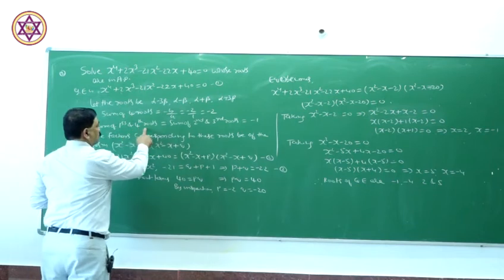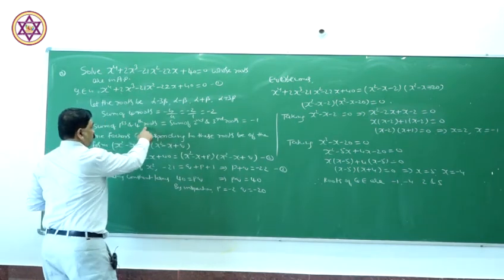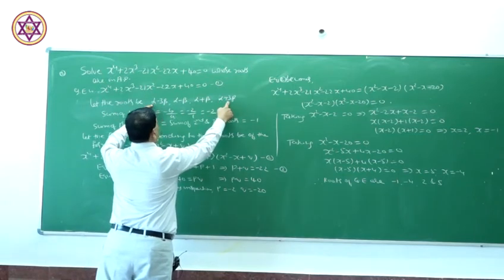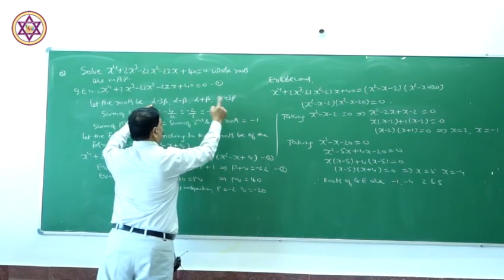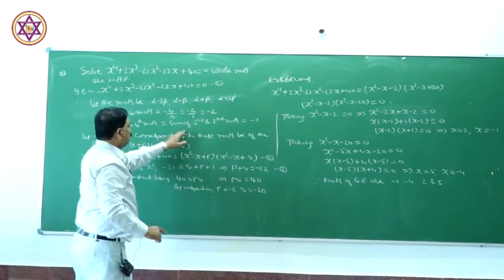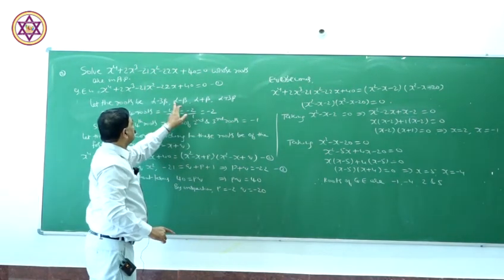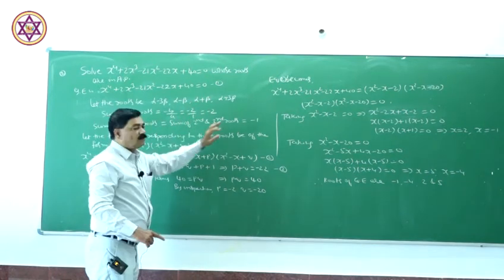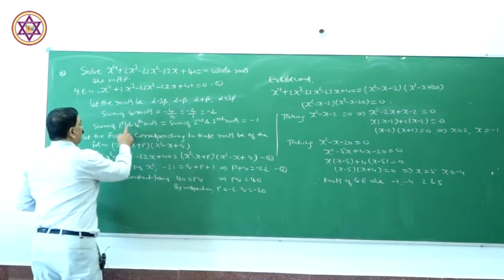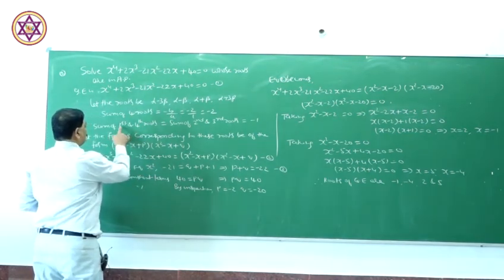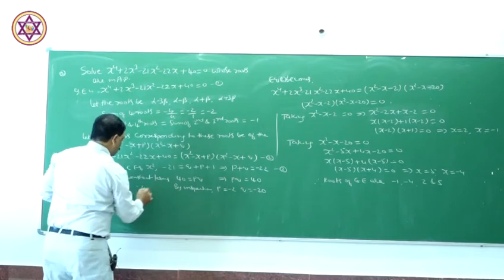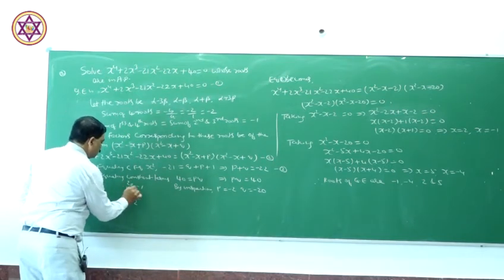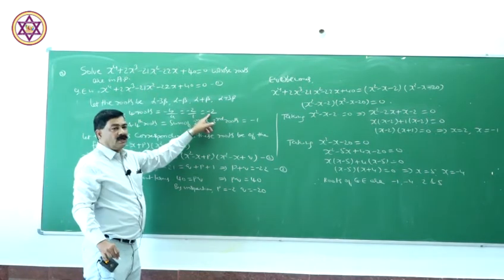Sum of the first and fourth roots, the first is alpha minus 3 beta and the fourth is alpha plus 3 beta, so 2 alpha, beta cancels. Sum of the second and third roots, here beta cancels, we get 2 alpha, both are the same, that is minus 1. Here the sum of the first and fourth roots is minus 1, the sum of the second and third roots is minus 1, add these two, we get 2 roots plus 2 roots, we get minus 2, again we get minus 2.